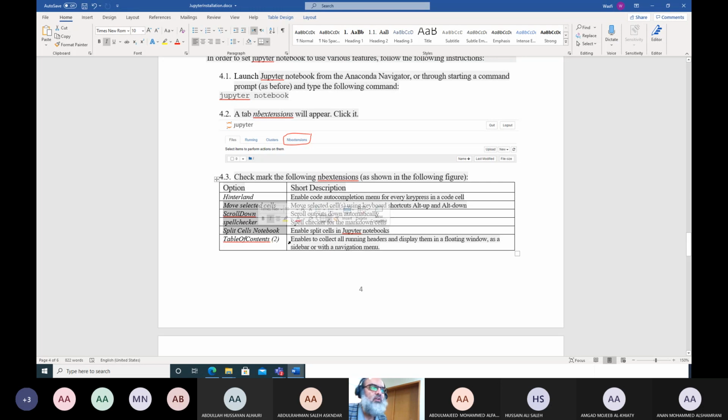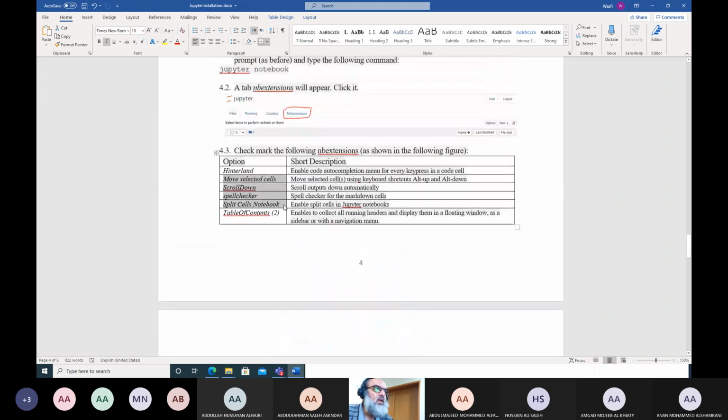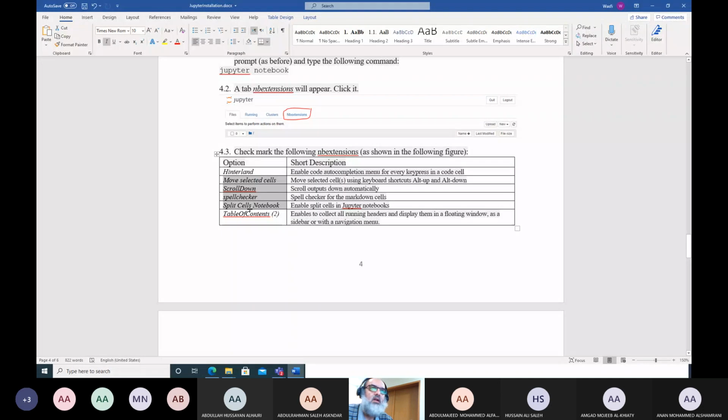Okay, and then table of contents enables to collect all running headers and display them in a floating window as a sidebar or with a navigation menu, just like a table of content for the whole notebook. So let's mark them. Let's check mark them. So let's go to